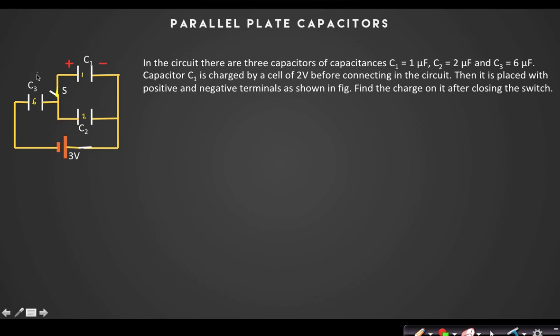After I close that switch, now can I say that this is an isolated network? Yes or no? These three plates are isolated. So now my charge distribution will look like this. And in this isolated system, initial charge was not 0, but initial charge was CV. CV means 2 microcoulomb: 2 volt battery into 1 microfarad is equal to 2 microcoulomb. So the initial charge on the system was 2 microcoulomb.